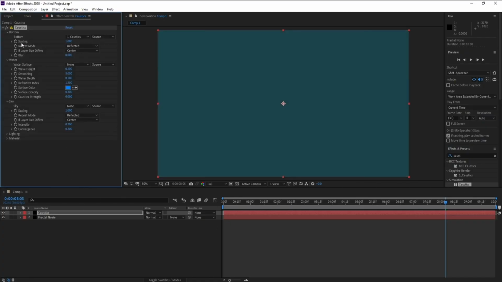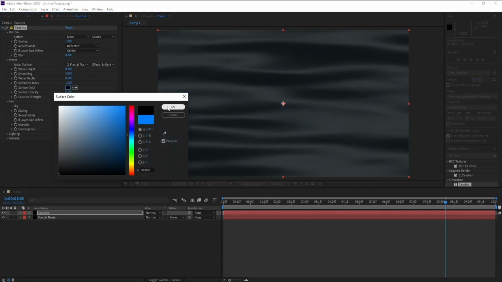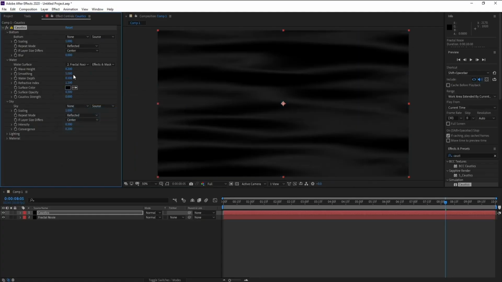Now I'll go to bottom, and set Gastics to none. And also water, I change none to fractal noise, source effects and presets, and I'll change this color to black. Then I'll go to smoothing and I'll increase it around 30. Okay,